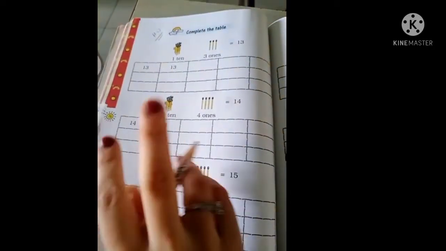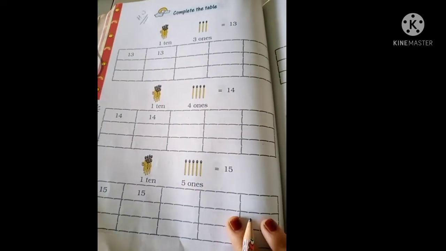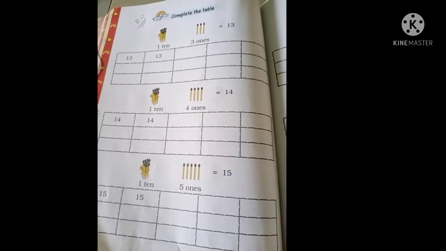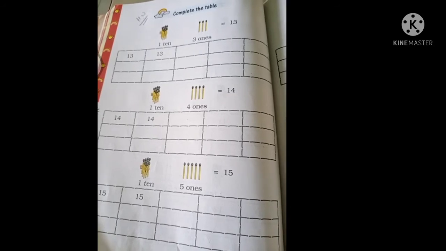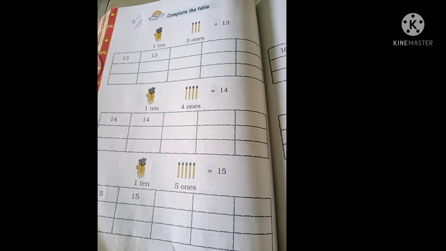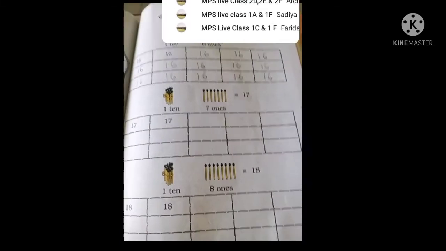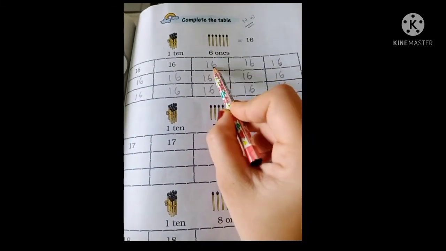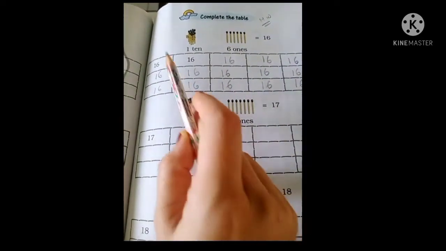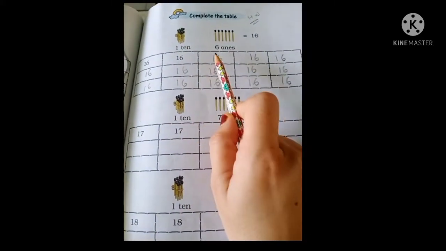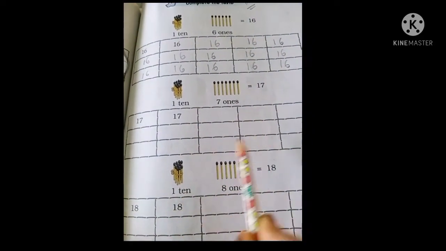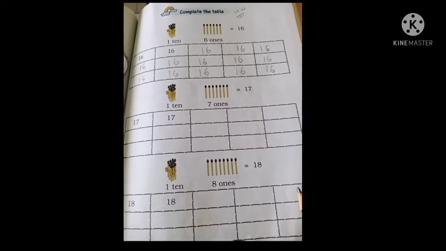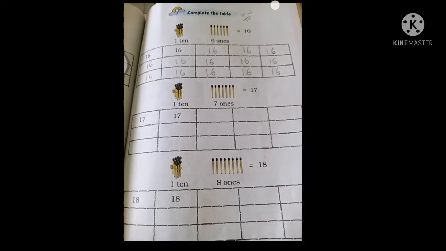So I have given you 2 pages of homework, 75 and 76, which you have to complete in homework. So are you able to do it, students? You can do it, right? Okay. So do 77 also as homework, and 78. And I have given you one more example where you have to complete the tables. The number which is mentioned over here, the same number you have to copy in this empty box to complete the table. So these 4 pages are your homework. Is it clear to you?